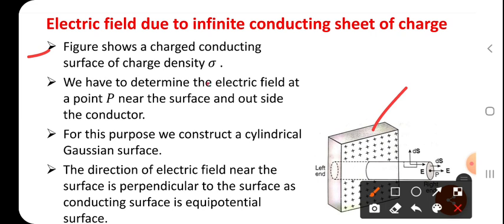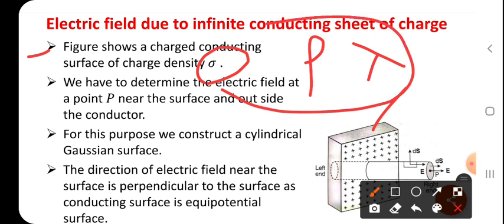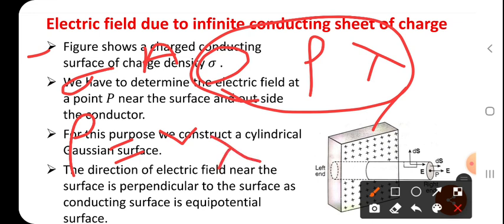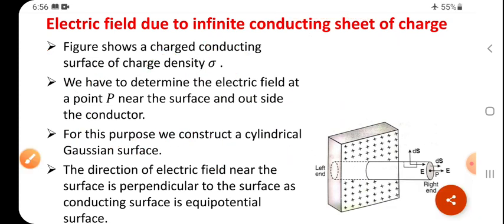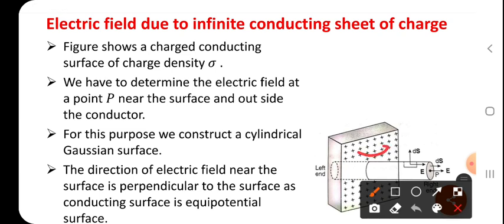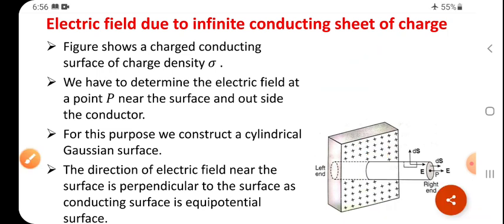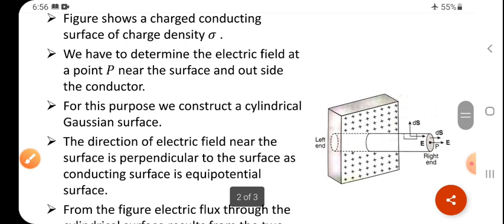Why is it taken as rho here? Sigma, not rho, it is sigma. So why are we not taking rho, and why not lambda? Three things can be present in this topic: rho indicates volume, sigma indicates area, and lambda indicates length or breadth or height. But here sigma is considered because the charges are distributed on the surface only. A surface is 2D, so for 2D sigma is taken instead of rho.